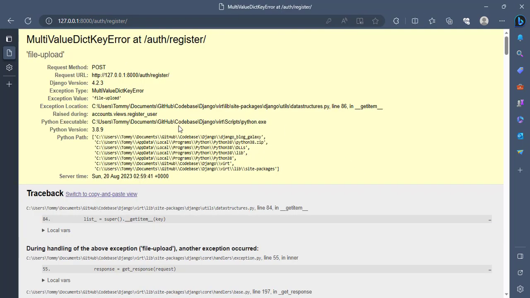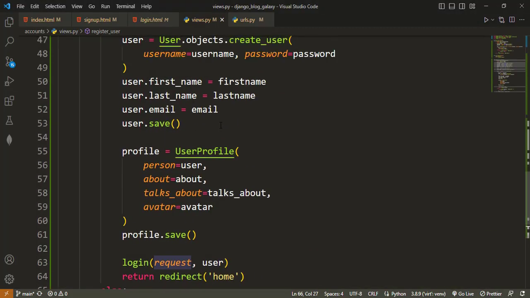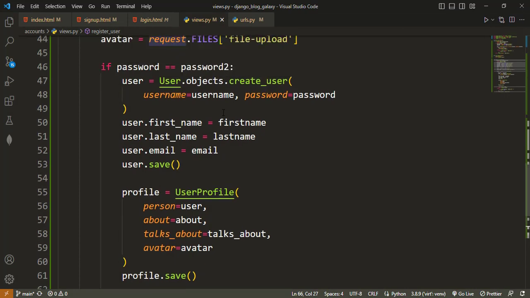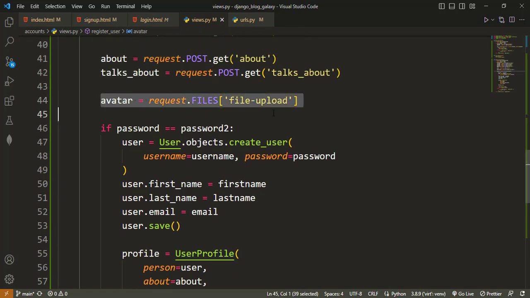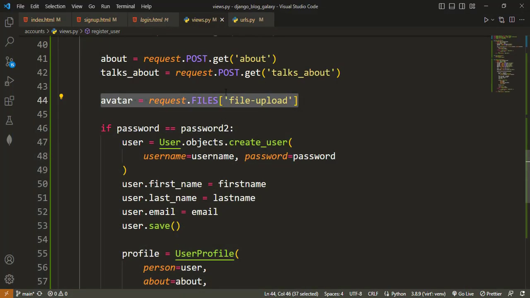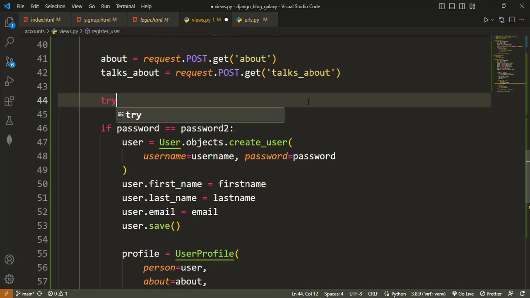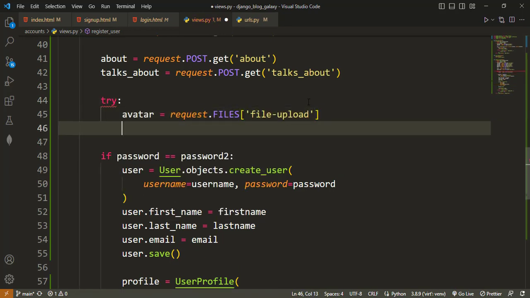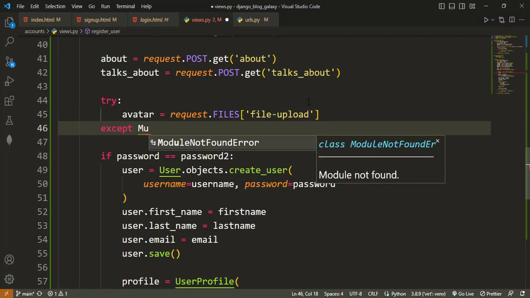Multi-value dict key error. This is what I was talking about with the avatar. If we are requesting for files, I think images, or maybe all files, and it doesn't get it, it throws that multi-value dict key error. That is what we have to work around and fix. So we can put it to be safe in a try except block. So I can cut this and then try and then paste it there. And then we can now say except multi, but we have to import that multi-value dict error from,